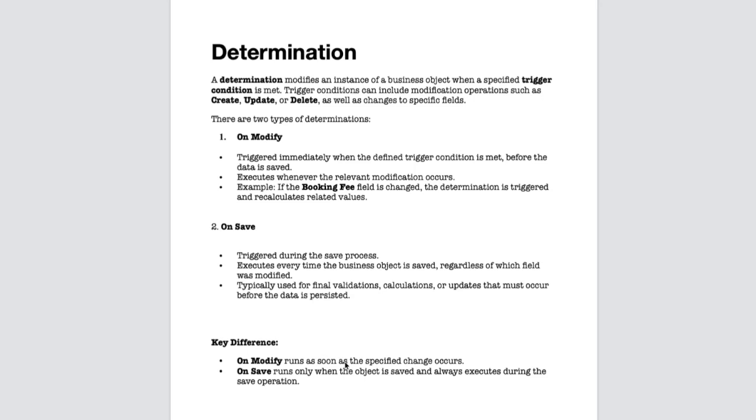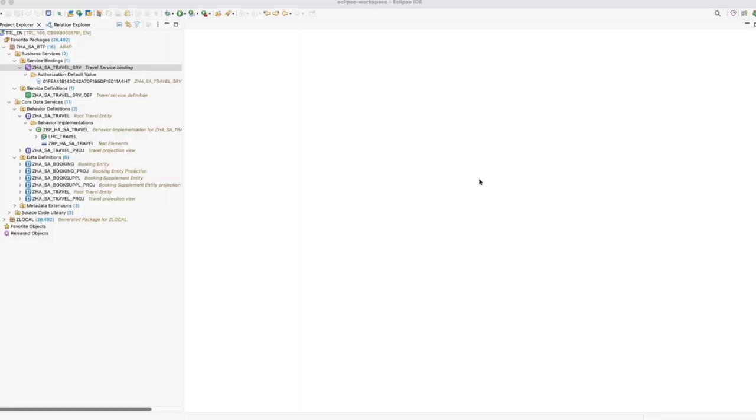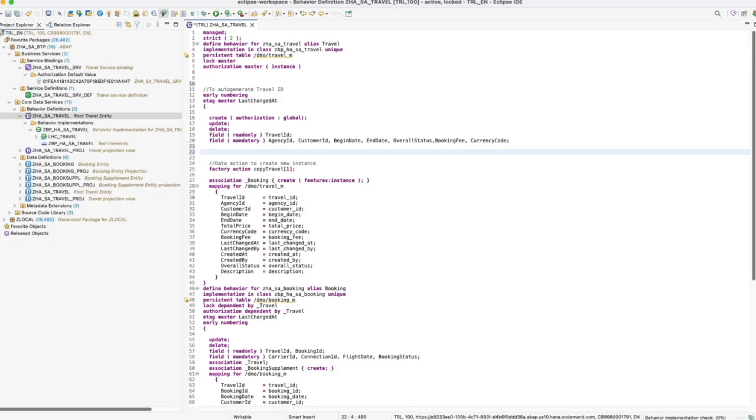So yeah, that was about the determination. So without wasting much time, let's see this in the practical. First of all, what we need to do, we will create an internal action in our root behavior definition and then we will plug that into our determination. Okay, so this is our root behavior definition. Let's add internal action,